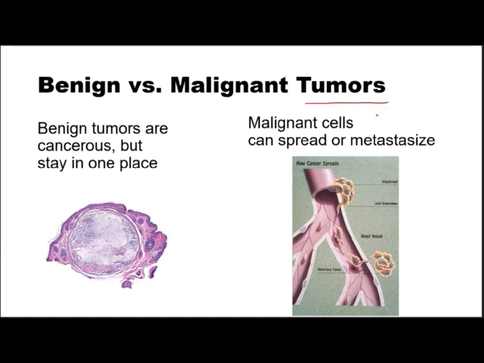Now, a tumor is a big group of cells that is cancerous, but there's a couple different types. In benign tumors, you can see this one kind of sealed up in one place. These are a bunch of abnormal cells, but they've kind of been sealed off, and maybe if they grow really fast, they could cause problems, but if they're growing slowly, they may be okay. And the fact is, probably all of us have some of these in our bodies all the time. And our body eventually takes care of it, or they're not a big problem.